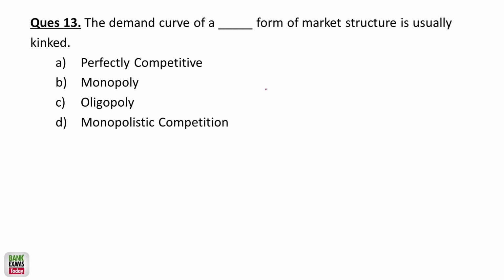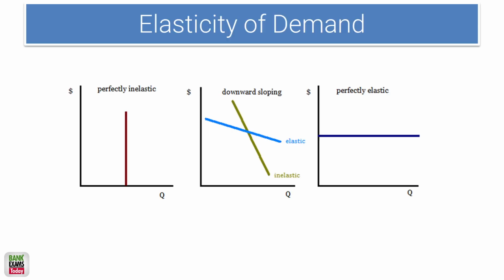Now this is a little complicated, right? In the demand curve of which market form or market structure is usually kinked? What is kink? Kinky is a very common word. To understand that, first of all, you should understand the elasticity of demand. See students, I have already explained this concept in yesterday's video. Let's take an example. Price goes here, and the quantity